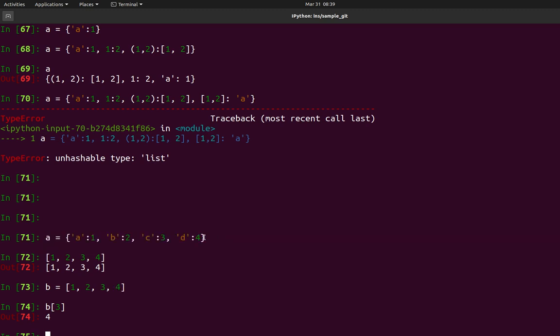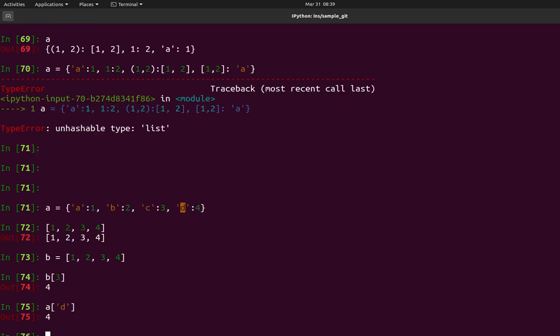Whenever you want this particular 4, you know this particular key, so this is my key. I will just do A of D, and I will get the value. Rather than using indexing, we are just creating our own indexing.